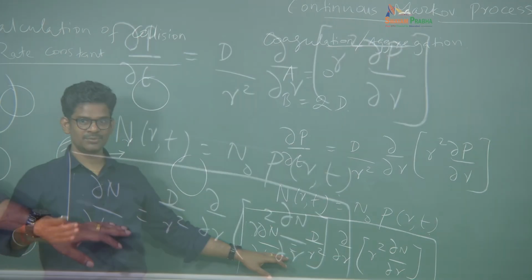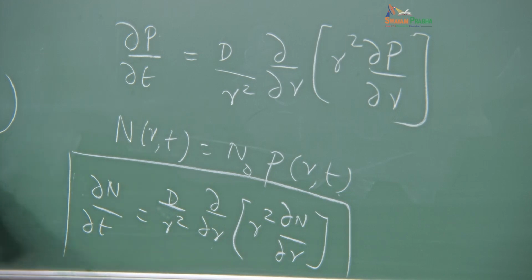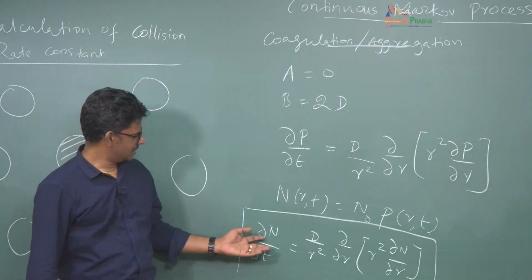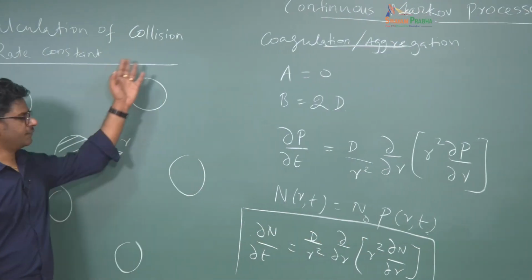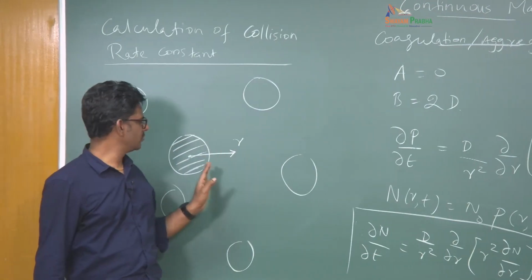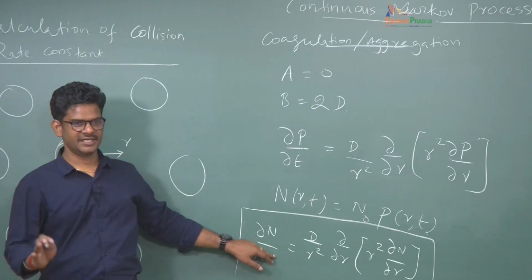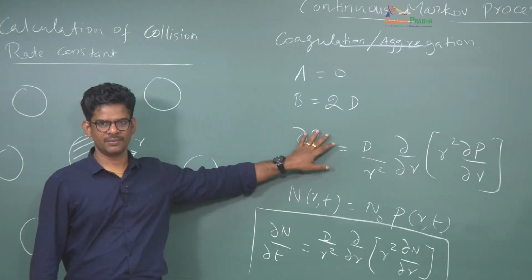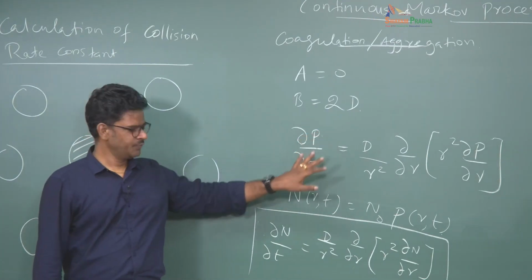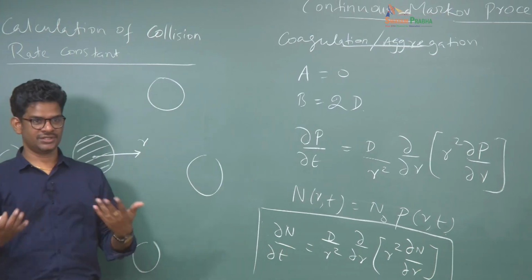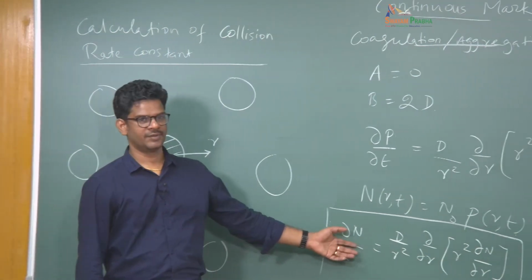So here we are writing in terms of a certain concentration of particles. This gives you the concentration of the free Brownian particles about this frozen particle. These equations are basically analogous. Here we are writing in terms of the probability of finding a single particle, while here, on the other hand, we are saying concentration, or the number density of the particles.